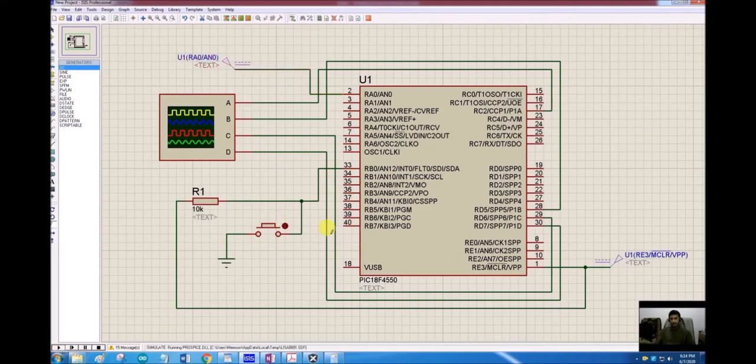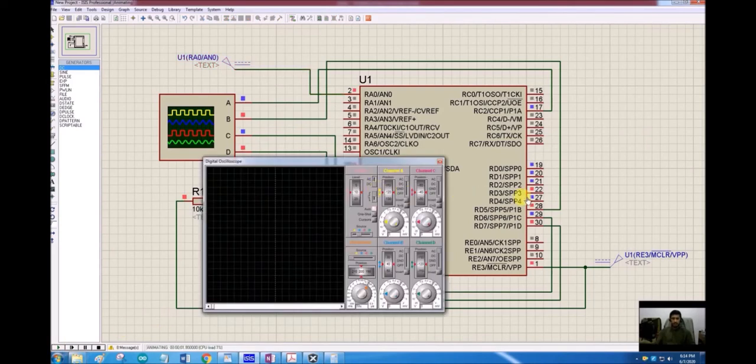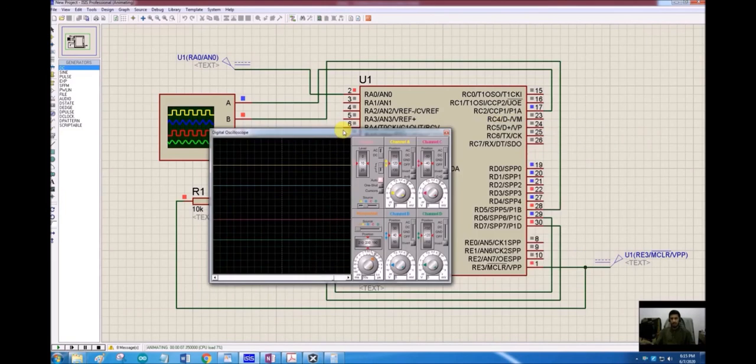So let's start the simulation and let's see what is the value on port D. Port D has a value of 10101000 as expected.